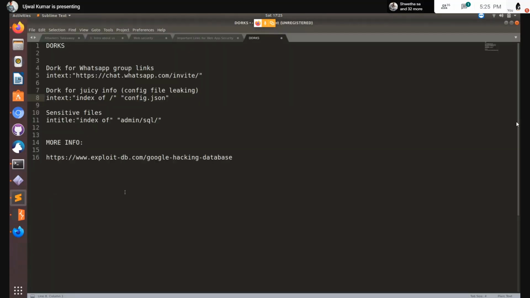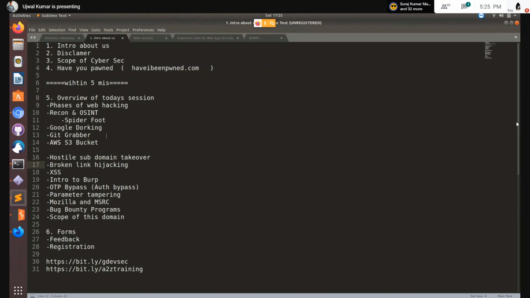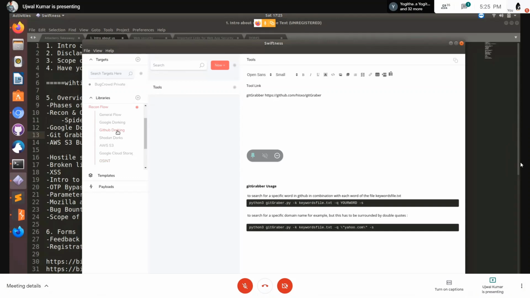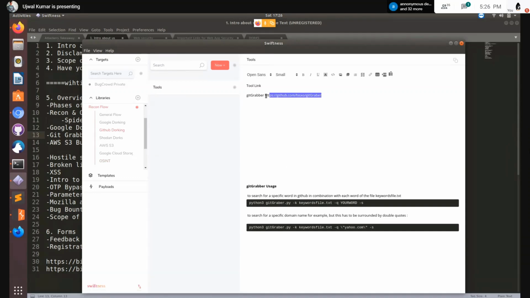Right. So now moving to the next part, since I've covered Google Dorks, now comes the important part, Git Grabber. And this is going to be fun. This one particular platform has never ever disappointed me, right? So I think I have written about Git Grabber in GitHub Dorking. Yeah, I had written it. So you can download Git Grabber by this. Always use it for informative and positive purposes, and never do anything shady, please.